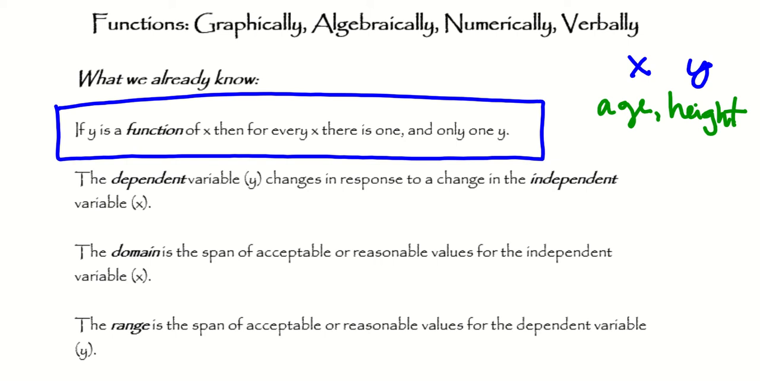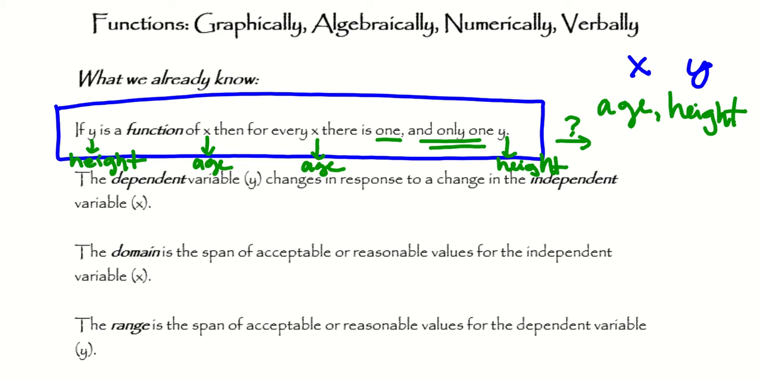So if we take this definition of a function and we replace the generic variables x and y with what they're standing for, then we could say this: if height is a function of age, then for every age there is one and only one height. So the question is, is that relationship true? Well, let's think about it. If we measure age in years,